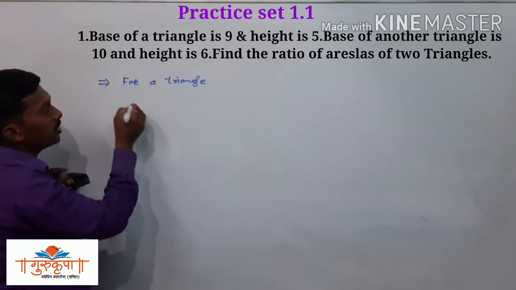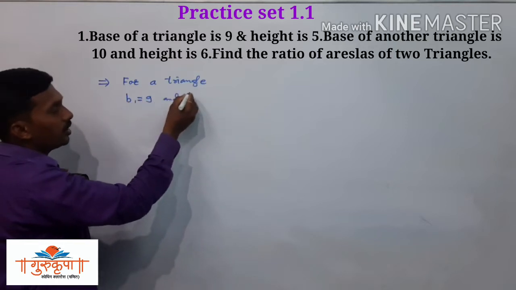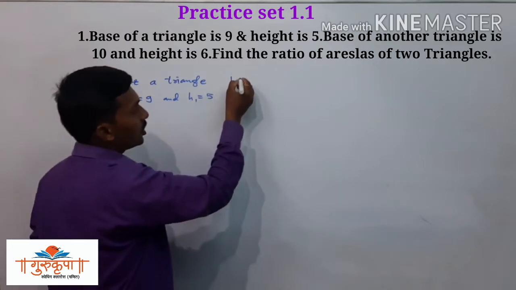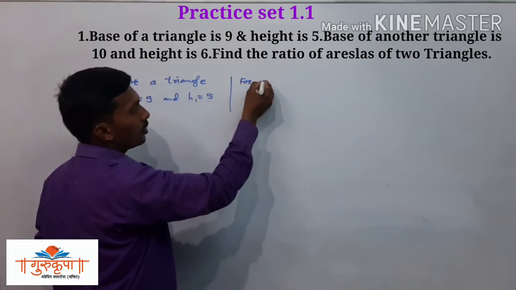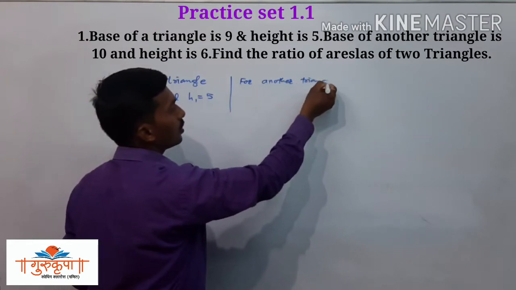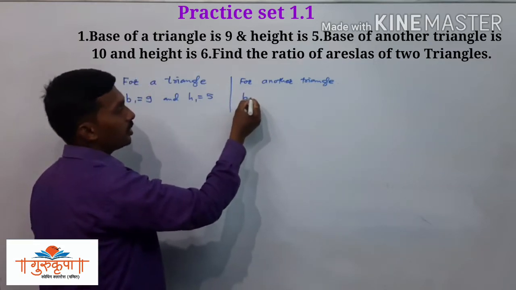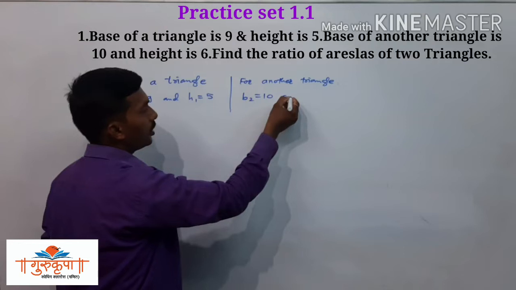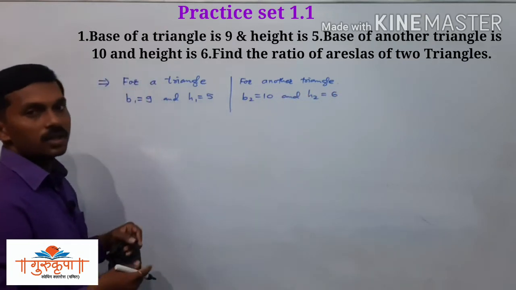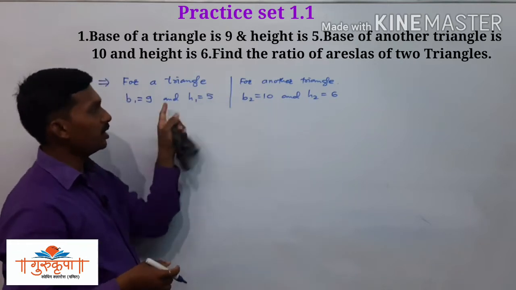For a triangle it is given that B1 is equal to 9 and H1 is equal to 5. That is the given information. For another triangle, or you can write for second triangle, it is given that B2 is equal to 10 and H2 is equal to 6. This is the given information, and now we have to find the ratio of the areas of the given two